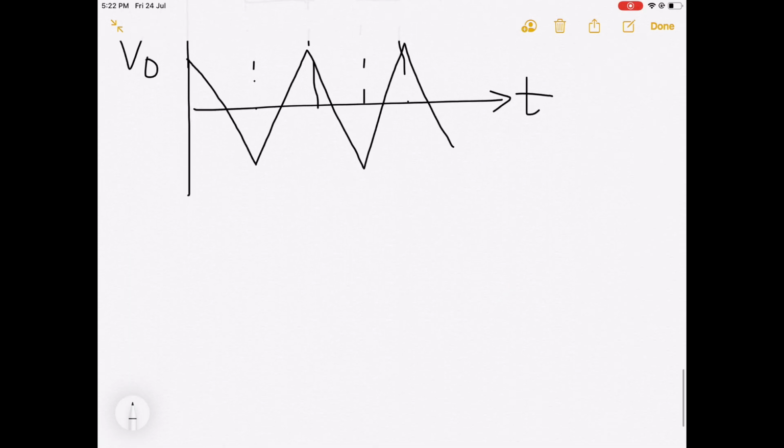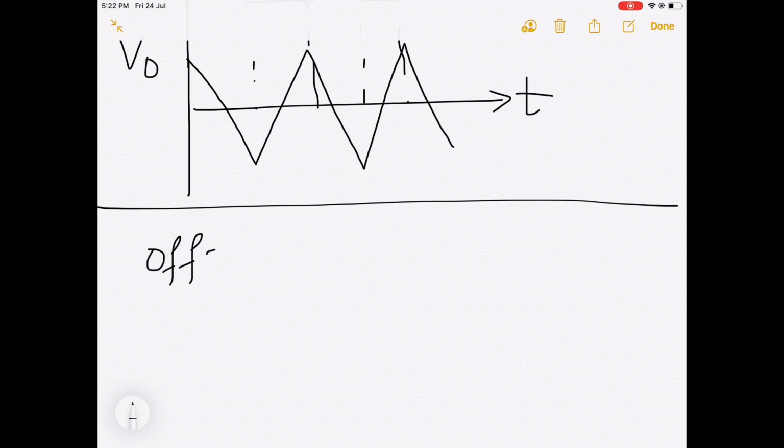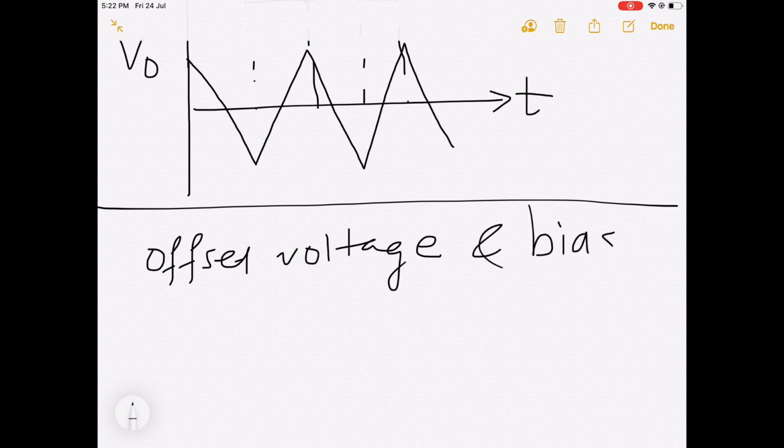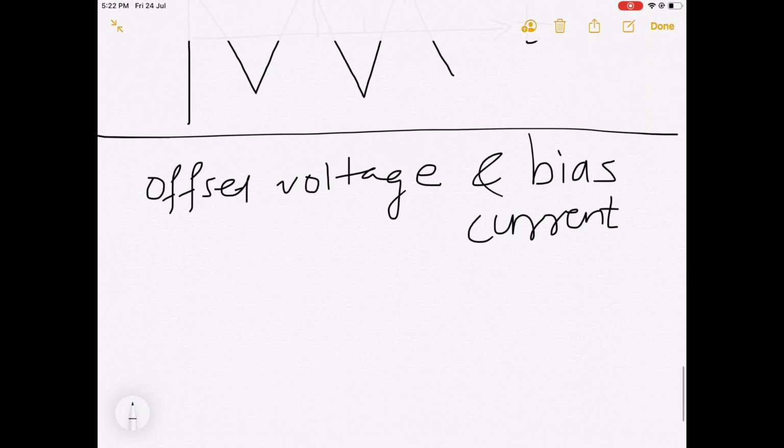Now, what are the limitations of an ideal integrator? Even in the absence of an input signal, the two components, namely offset voltage, we have seen the meaning of this term, and bias current, contribute to an error voltage at the output. Thus, it is not possible to get a true integration of the input signal at the output. The output waveform is distorted due to this error voltage.